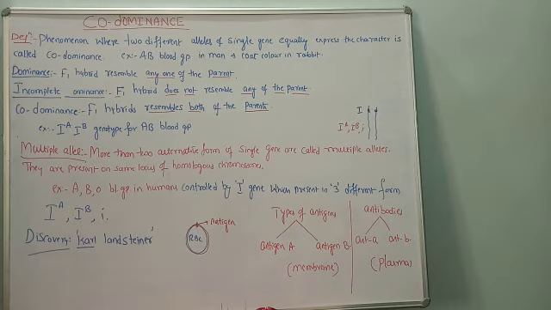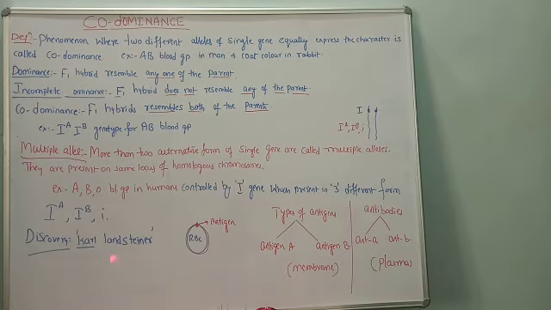In the examination, what type of question will you be given? Define codominance, or explain briefly what are the possible types of alleles formed by the ABO blood group. So this much, and the difference you must understand: what is codominance, what is dominance, what is incomplete dominance, and what is the role of capital I. When capital IA and capital IB are together present, they are going to express themselves because they produce sugar.